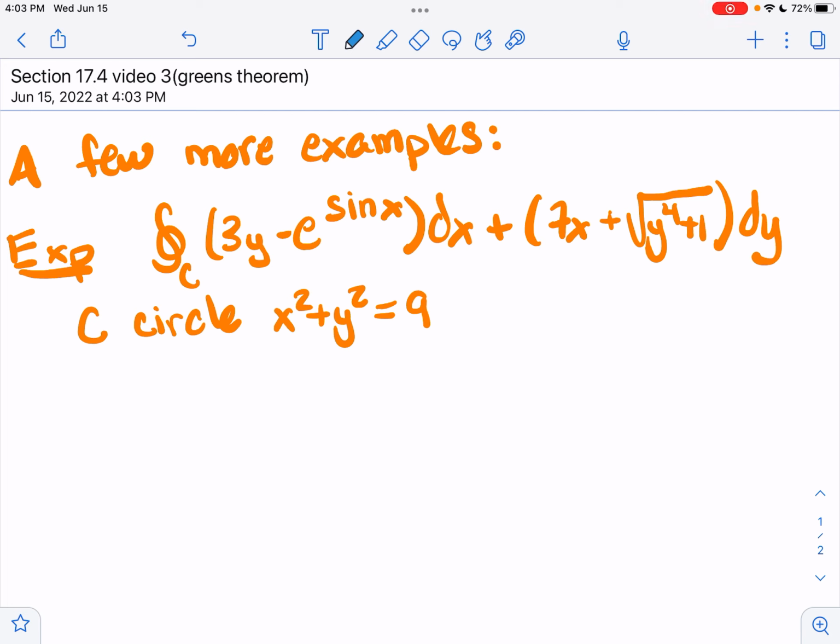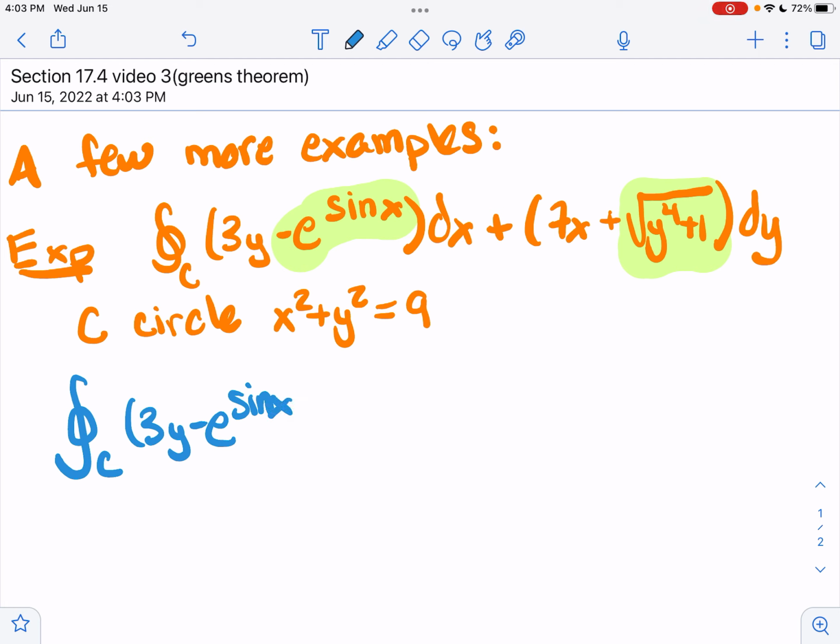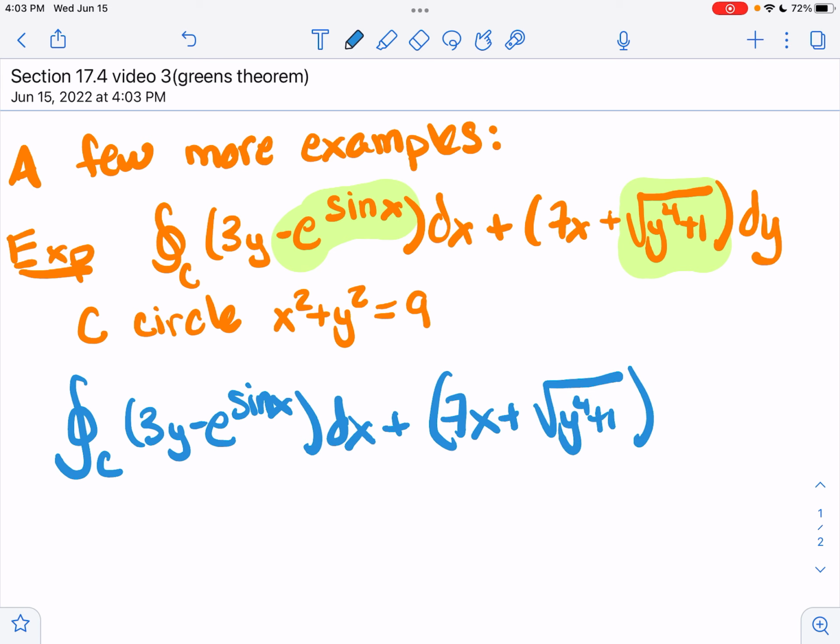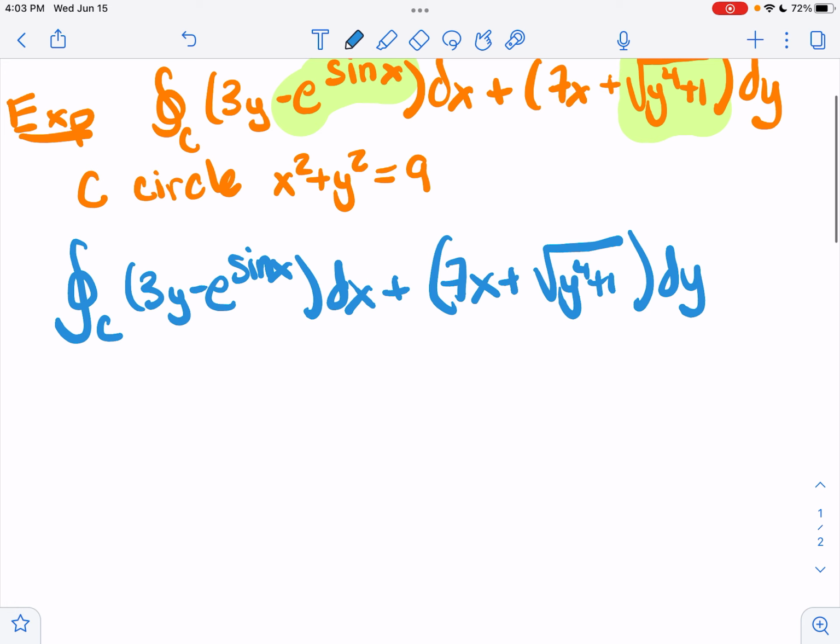All right, another problem. We're asked this time to find a line integral, and it looks like a pretty ugly one. There's some functions in here that I don't really know how to integrate, but we're going to use Green's theorem, and it's going to work out. Now we'll use Green's theorem in this case to take the line integral and to write it as a double integral, and